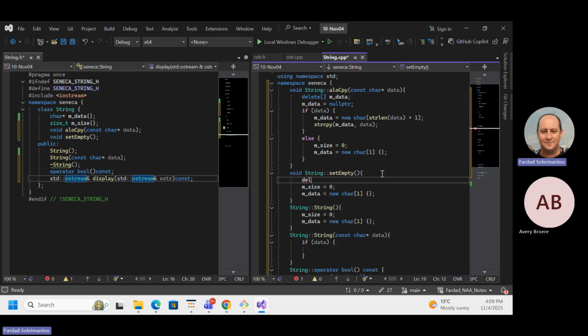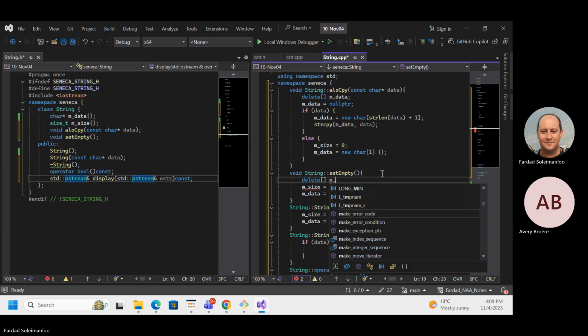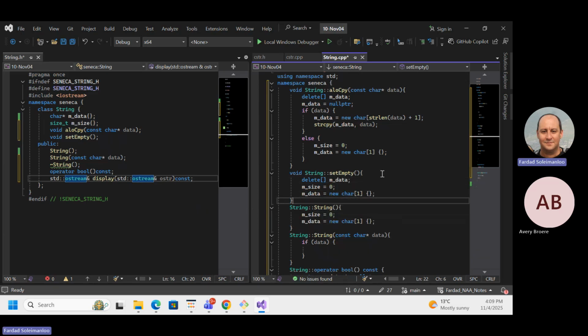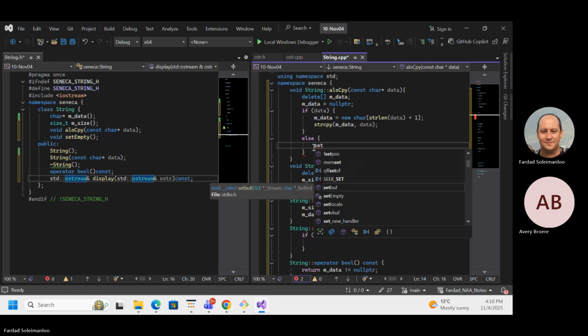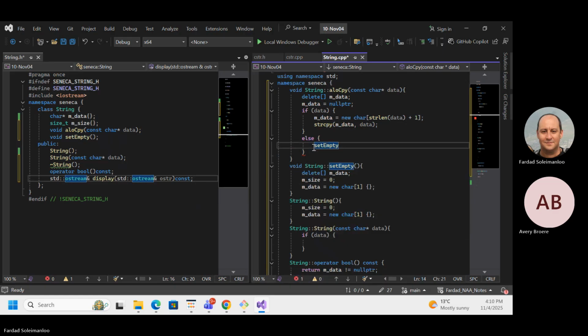So delete m data, right? Do I need to set it to null now after this delete? No, because I'm doing an allocation right after, right? Okay, so now in here I can have a set empty. And in here I can have a set empty.